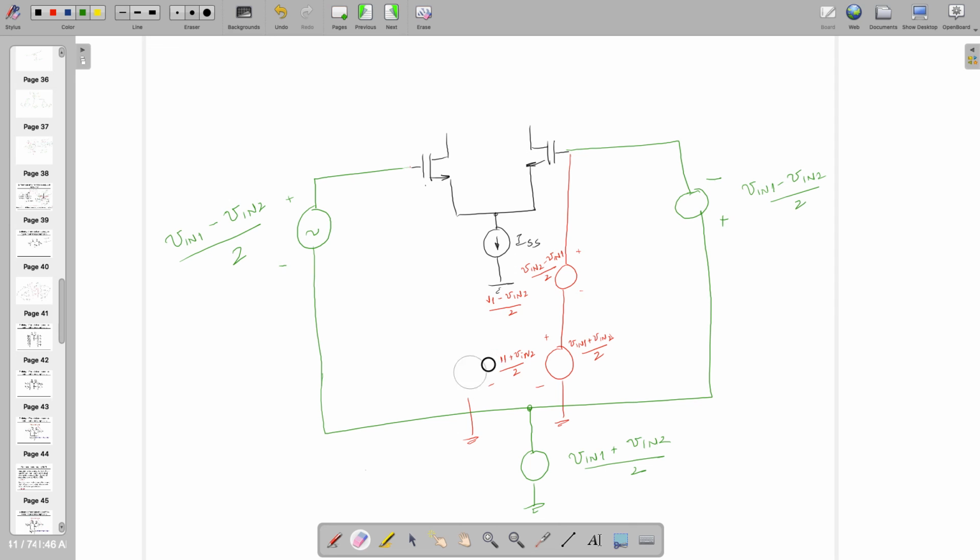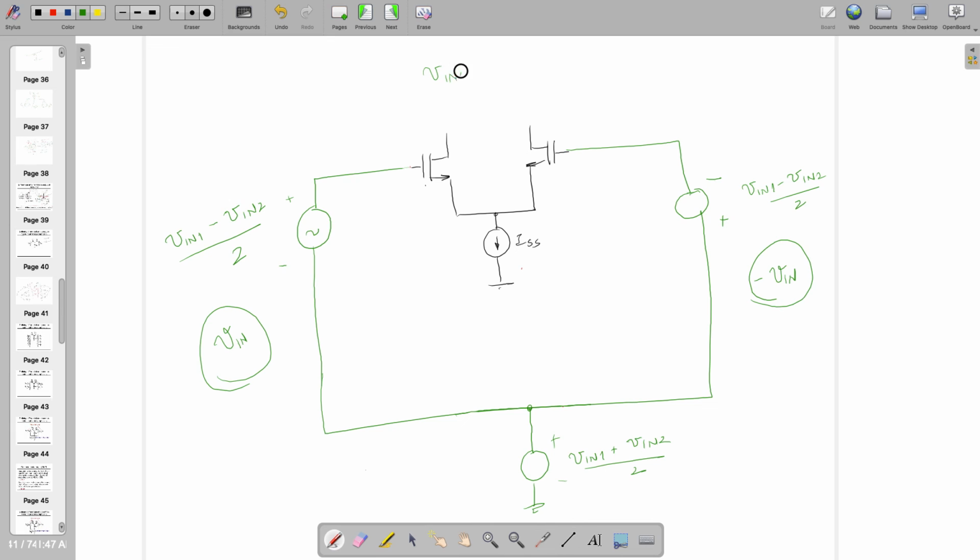So in this case, you can see that the differential signal is the difference of two quantities, whereas the common mode is common to the entire network, and its value is V in 1 plus V in 2 divided by 2. Whereas here, it's V in 1 minus V in 2 divided by 2. If V in 1 and V in 2 are equal and opposite, then this side it becomes V in, this side it becomes minus V in. If V in 1 equals V in minus V in 2,